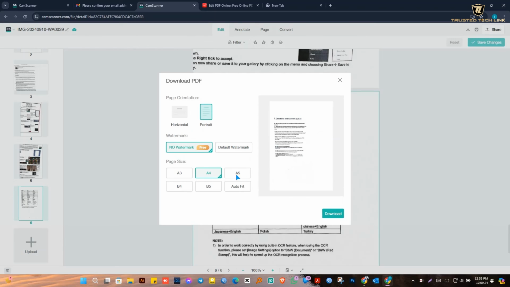And that's it. In just a few simple steps, you've signed up, scanned, and converted your photos into professional PDFs